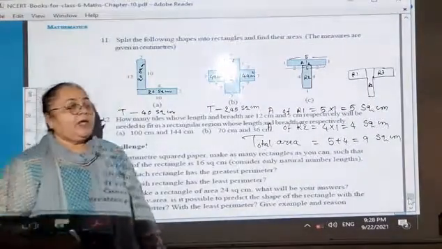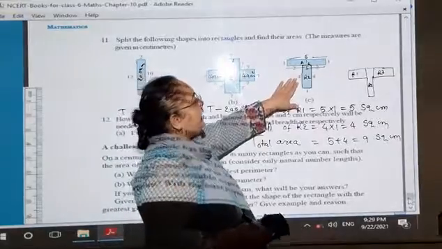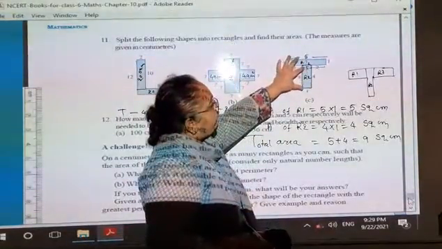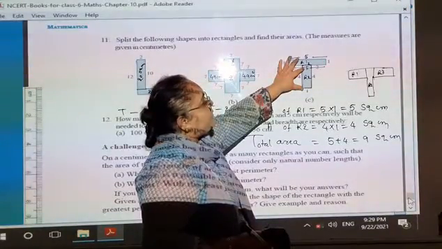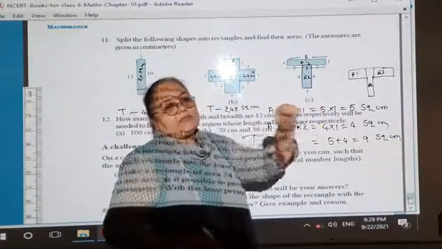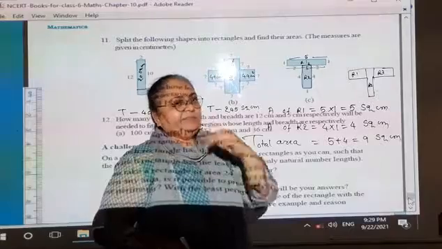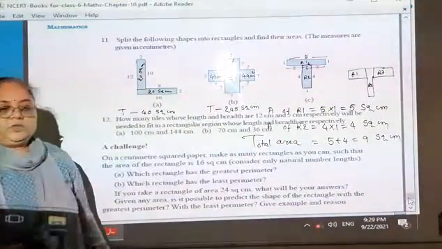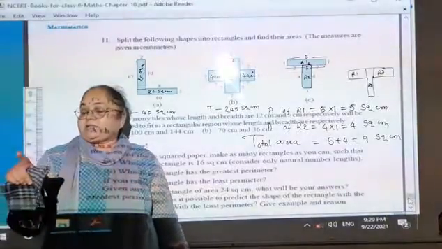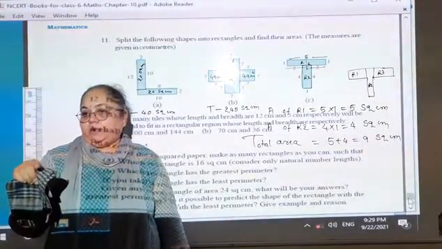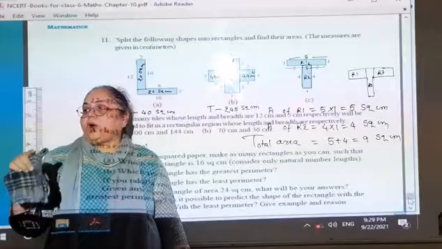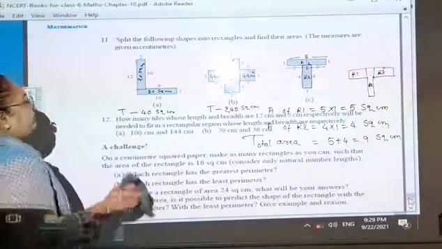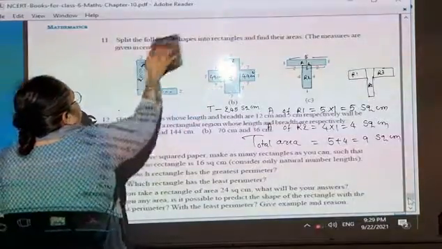Clear? And in this figure, you write down here also that 5 square centimeter, here 4 square centimeter, and total 9 square centimeter. So you people have to solve these questions in the notebook, but you will get the idea what will be the answer and how it comes. Shall we move ahead? Sure.